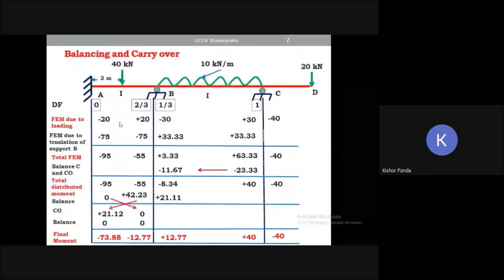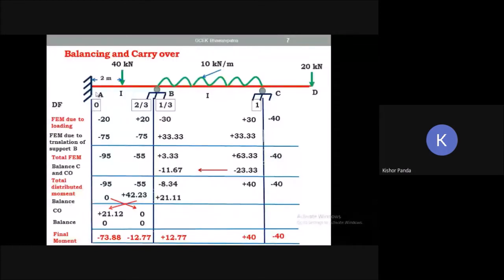So you find this out in tabular form. First you draw the continuous beam, then below the supports A, B and C draw the vertical lines. Then make rectangular blocks in the corresponding columns: A, then B, this is right, this is left, then C, this is left and this is right. That is AB. Here you put the distribution factor you got. That distribution factor you put in the rectangular block.